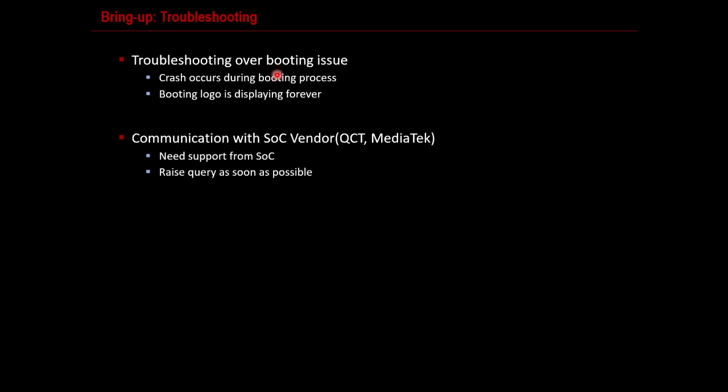What's the first thing to do for troubleshooting? First, you have to flash images onto the target device using the flash tool provided by the SoC vendor. If the downloading is complete, we have to connect the device with the UART console to monitor what's going on inside